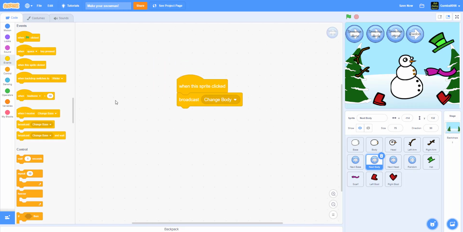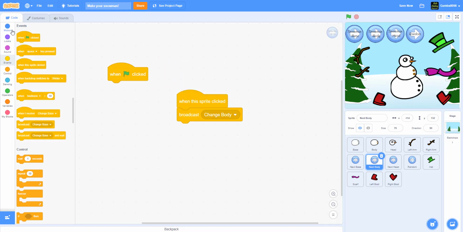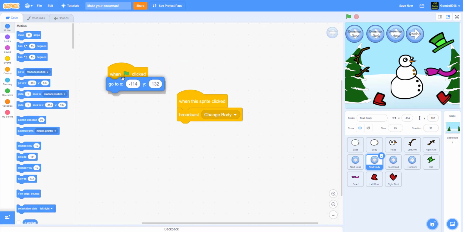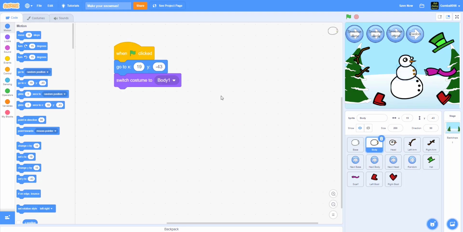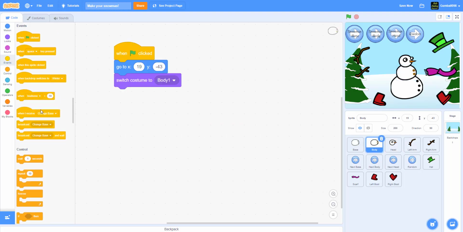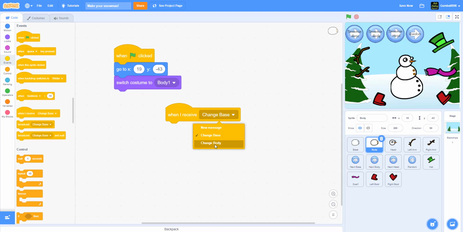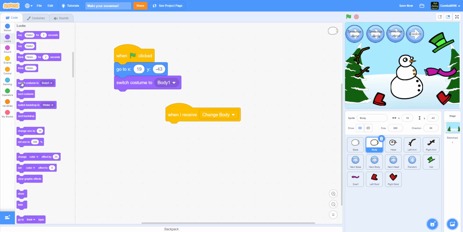Oh yeah, I forgot to do the go to. So when the green flag is clicked, go to. And now we're going to move to the body, and when I receive change body, then it will next costume. And now we're going to go to the head,